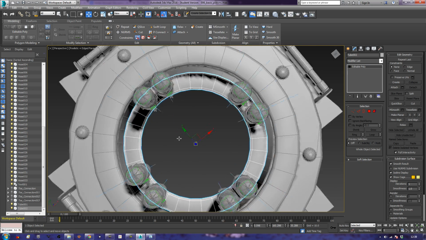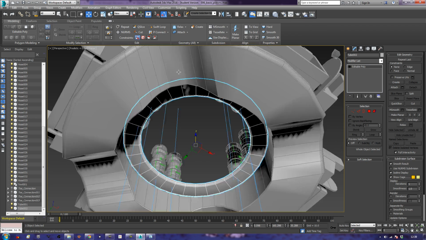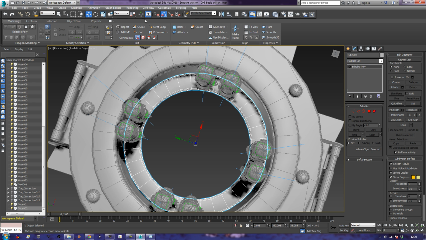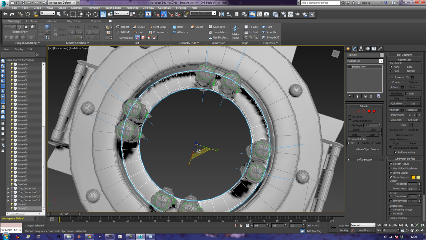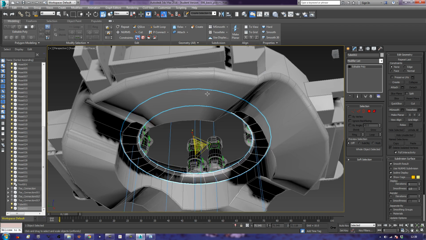Okay, that seems to be okay. Let's just see if there's any gaps or anything. There is a bit, so I can just scale it until we get what I call the intersection point. There we go. Just make sure that these pieces are kind of resting on top of it, which they are,